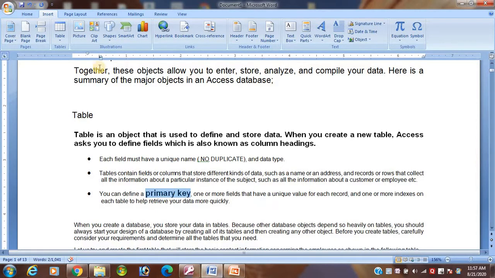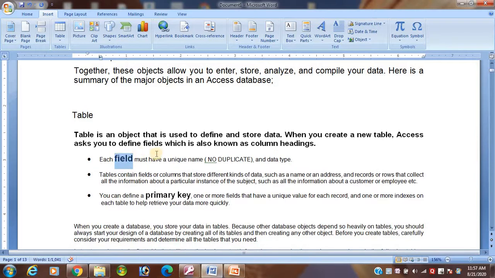Students, for making a table, you see I am making it bold and large size, easy to understand.